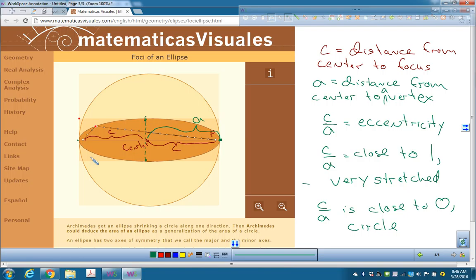C over A can't be negative, because then it doesn't work. Okay? So I guess I should say that's it. In an ellipse, this distance from here to here, which is kind of weird, they call that B. And B is the distance